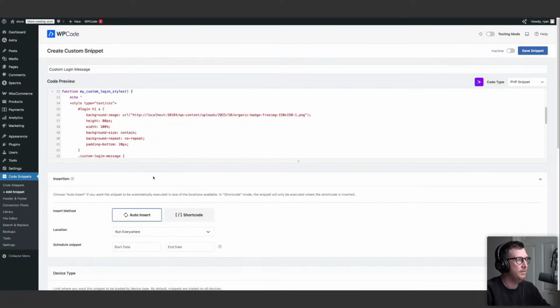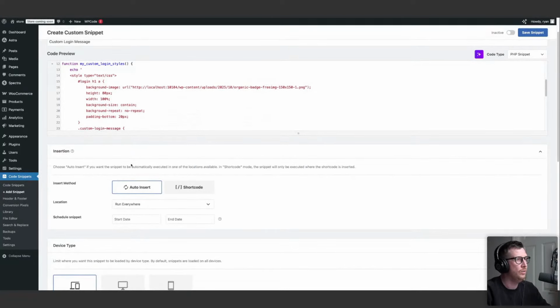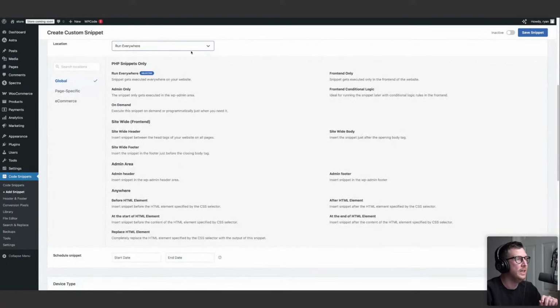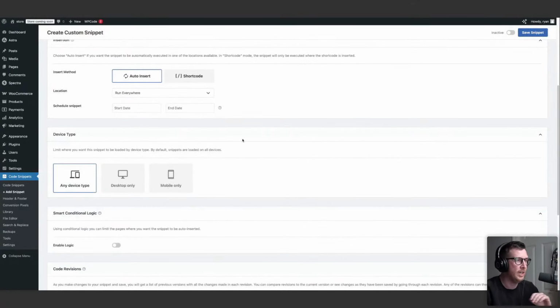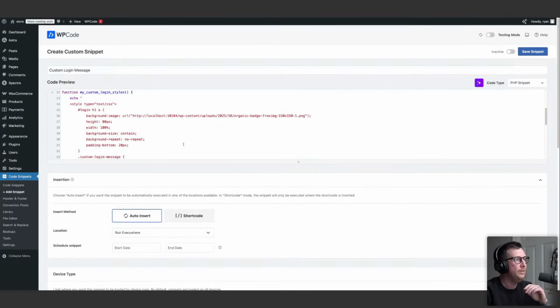I'm just going to make sure I insert it all over, basically auto insert. So insertion is basically where you can put it on your site. Most of the time you can auto insert it to run everywhere, but there are other locations that you can use. As I've got the Pro version, some of these would not be available in the Lite version, but it is a fantastic thing to be able to insert the code wherever you want on your site. So now we've added that in,